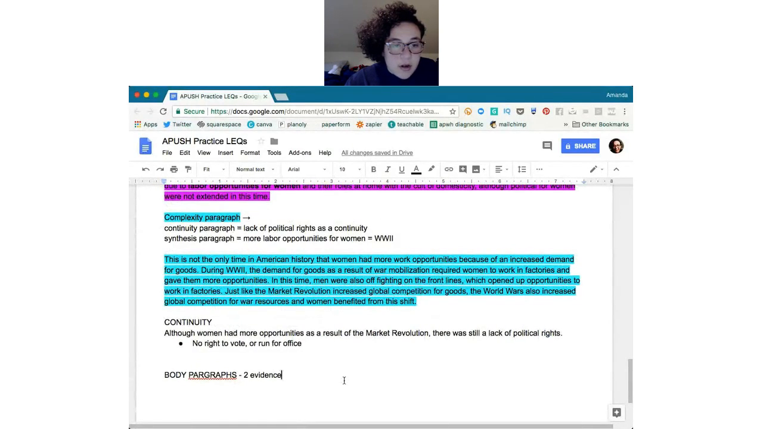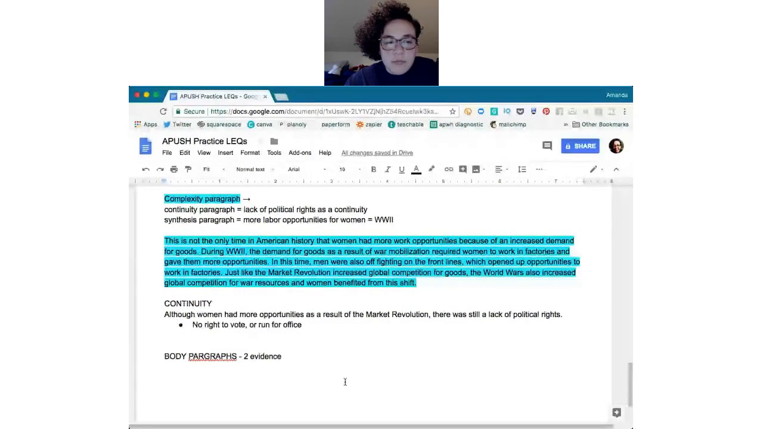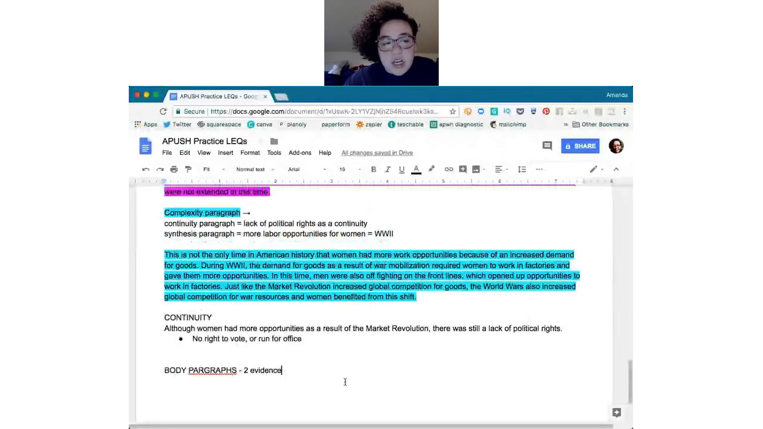Can I say, although there were many changes, a layer of complexity is put into play when political rights remained a continuity? Yeah, you can say that. It's just going to come down to more what you're actually arguing. So that alone won't give you the complexity point. You would need this paragraph